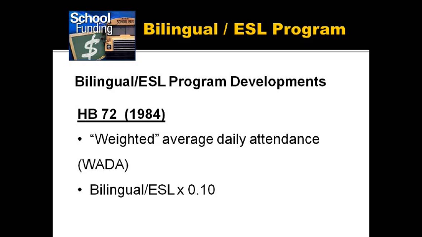In HB 72, schools were provided additional funding in the state finance formula for LEP students who were enrolled in either a bilingual or ESL program. The weight assigned to bilingual education was then, and still is, 0.10. This weight is multiplied by the adjusted basic allotment for each school district to come up with add-on funding that is provided. Like practically all other parts of the state funding system, the actual amount that is provided in state funding is adjusted to account for local district property wealth.